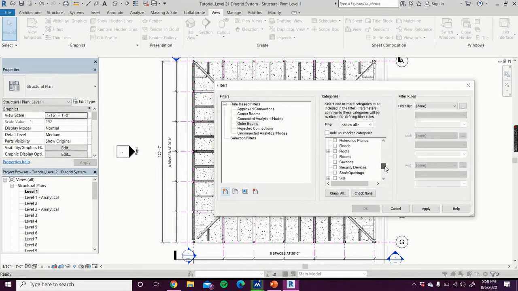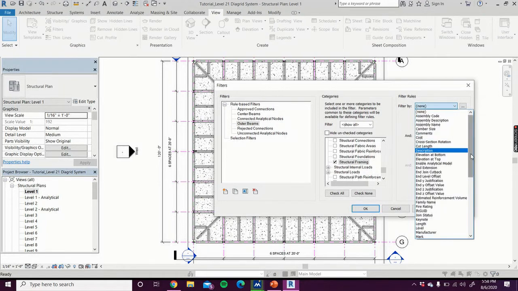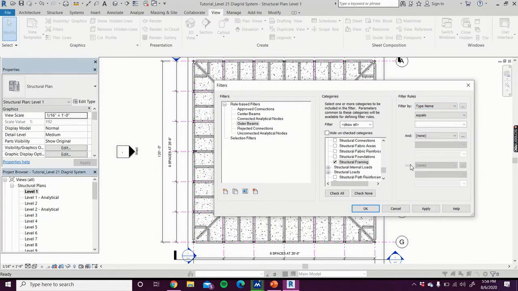Again, these are going to be structural framing. Filter by, type name. That's just what I chose to filter these by, but again, there's lots of different options here. If you decide that you want to filter by whatever, there's plenty of options here. You can make these personal for whatever works best for your group. I'm just showing you how to create a filter, and this is what I did for my drawings,